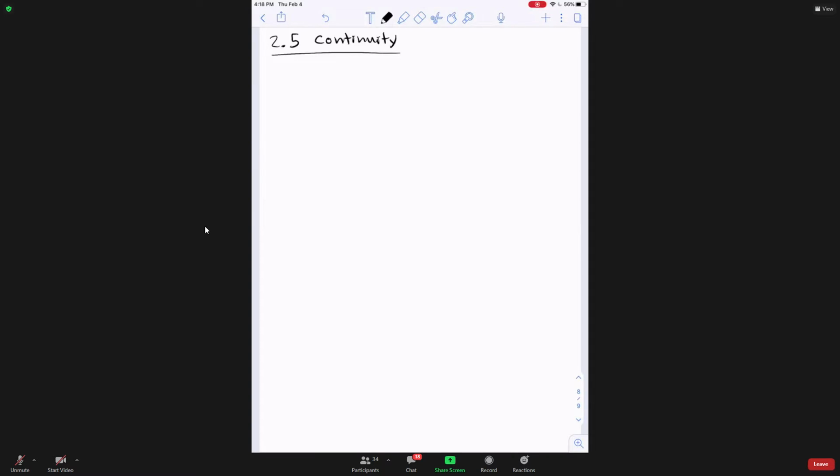Okay. So anyway, 2.5 continuity. So what does it mean for a function to be continuous or not? So what I'm going to do right now is